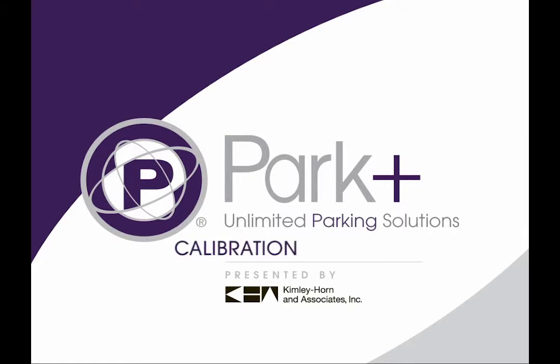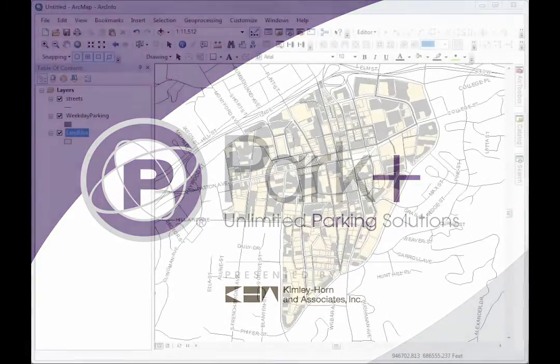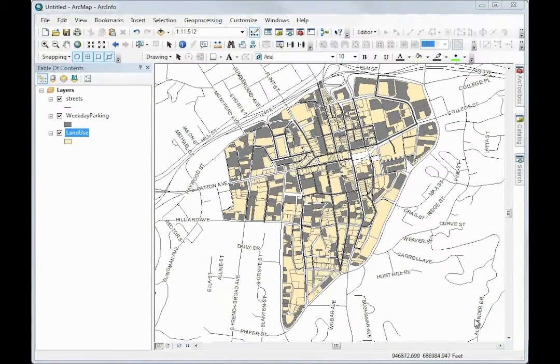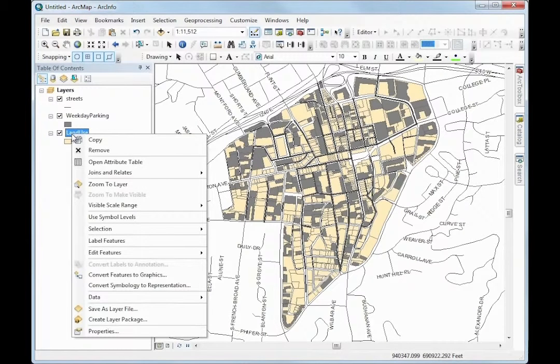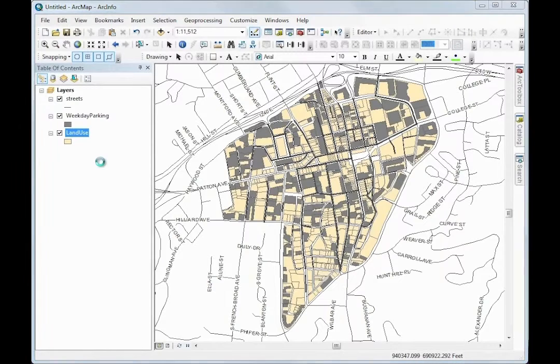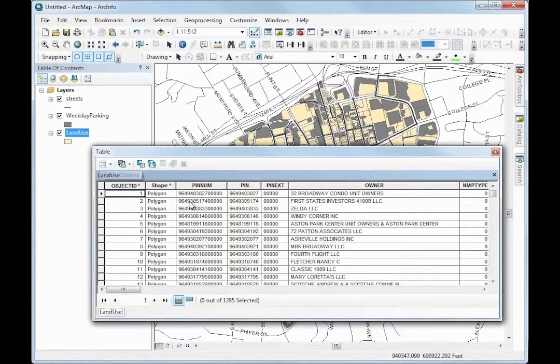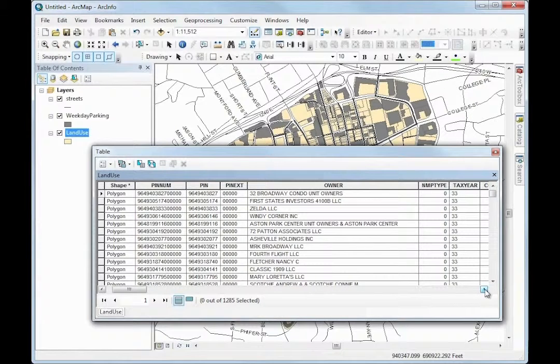The Park Plus model was developed to take advantage of existing data that cities and campuses already have in place to define parking demand relationships based on the interplay between land use and parking. The first piece of data needed to evaluate parking demands in Park Plus is a community's land use information, typically